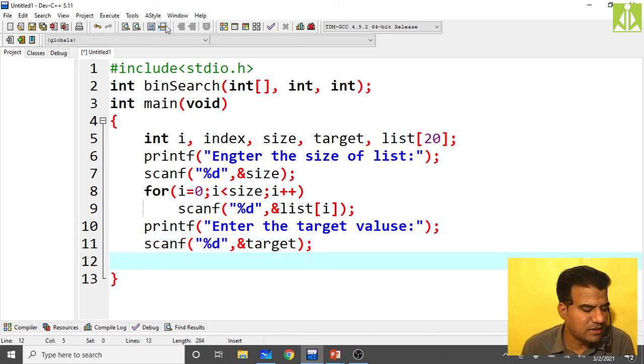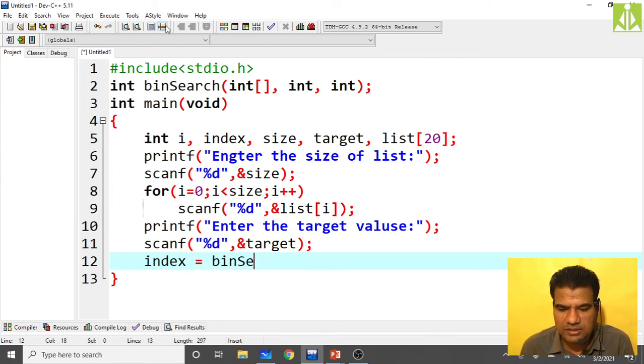Now call the binary search function. As it is returning an index, read that returned value in index, passing the list, the target, and the size.